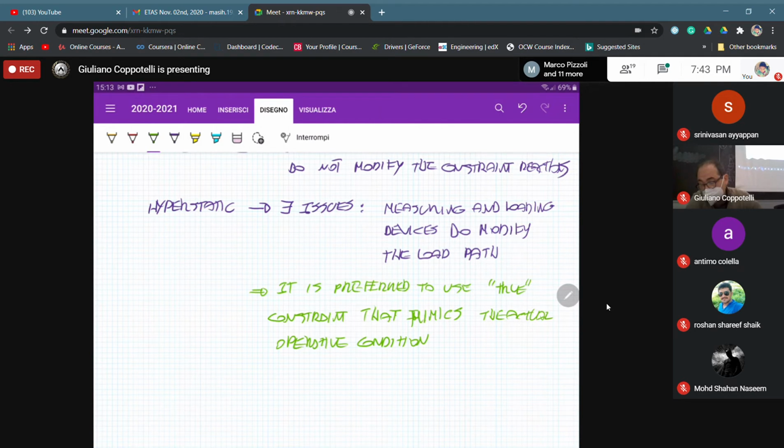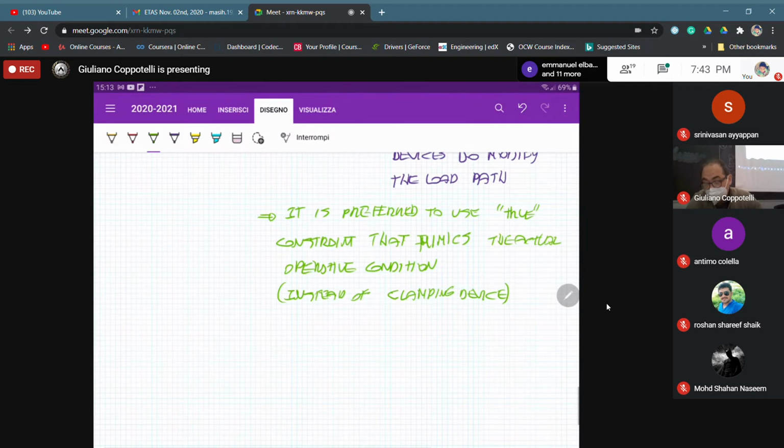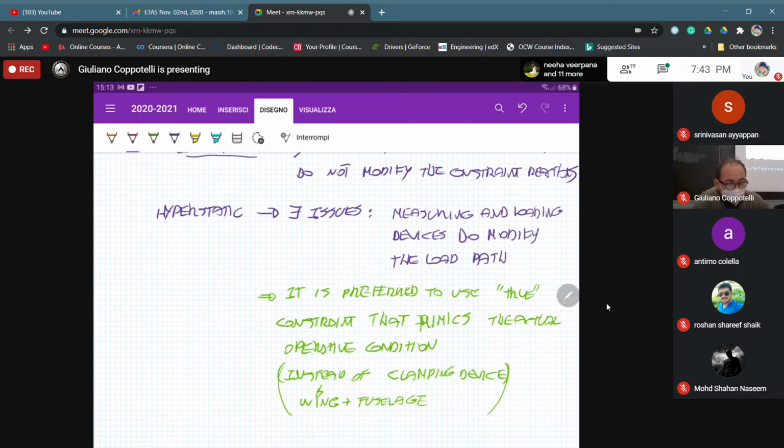For example, instead of a clamping device, for example. Okay. Plus usage is the reference that we have to consider. The alternative, which is much better to be used,